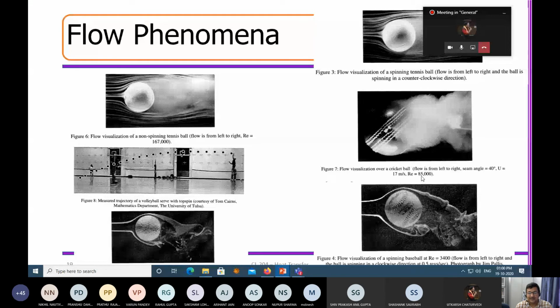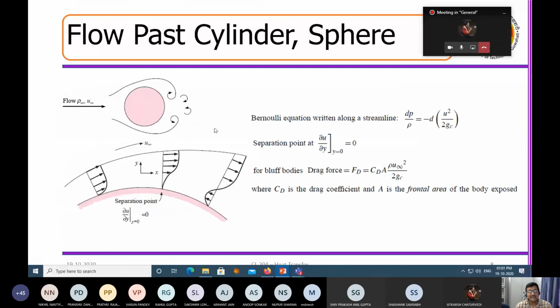Swinging ball, the polo balls, like this is the volleyball service, this is the tennis ball, this is the baseball. So different types of balls, if you do a kind of wind tunnel experiment, you may see different types of flow profiles, and the influence of the boundary layer, the drag, the friction on the flow profile, the free stream velocity on the flow profile and heat transfer is very similar to what we have done. That we are going to discuss in the next class.